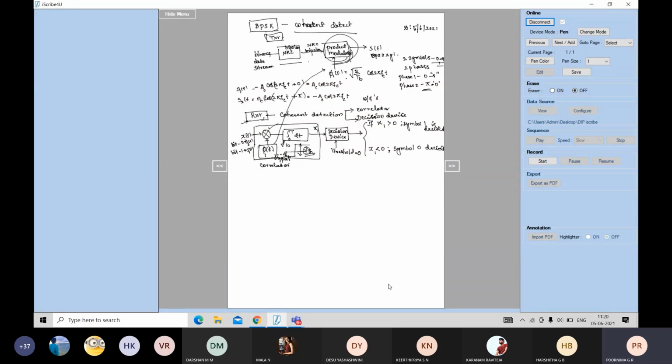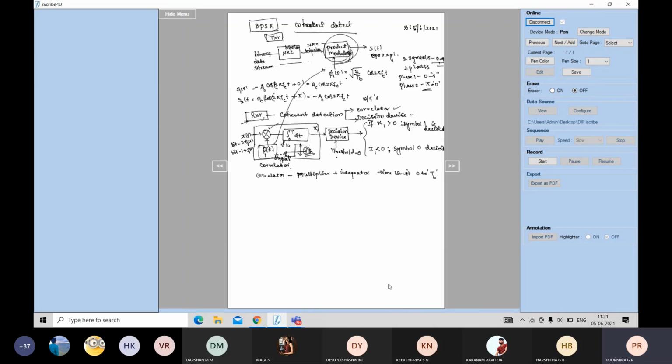If threshold value is exceeded, okay, the next circuit after the correlator, the next block, because it consists of correlator and decision device. If the correlator is considered, correlator consists of the multiplier plus the integrator. You know that this integrator's function is to time limit. So what is the time limit? That is 0 to TB seconds.